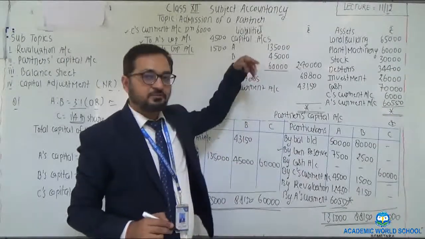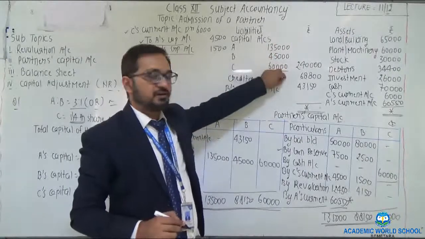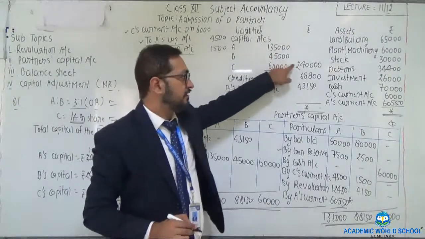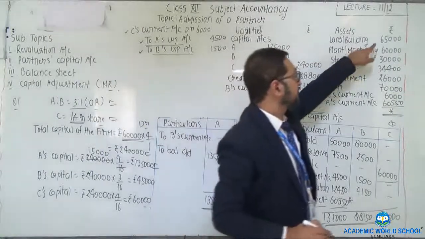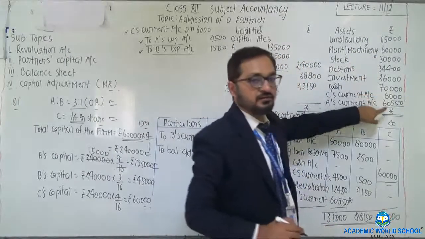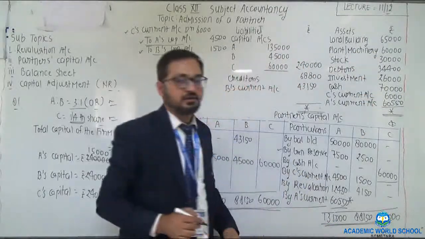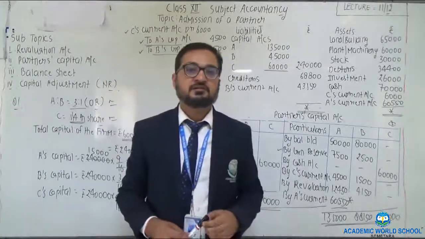Now after all the posting, all the items which are to be posted on the partners' capital accounts are to be brought forward or carried forward to the balance sheet. After that, make the total 1 plus 2 plus 3, total of the liability side. Total of assets 1, 2, 3, 4, 5, 6, 7, 8. The totals should be equal. I hope the complete question is clear to all.